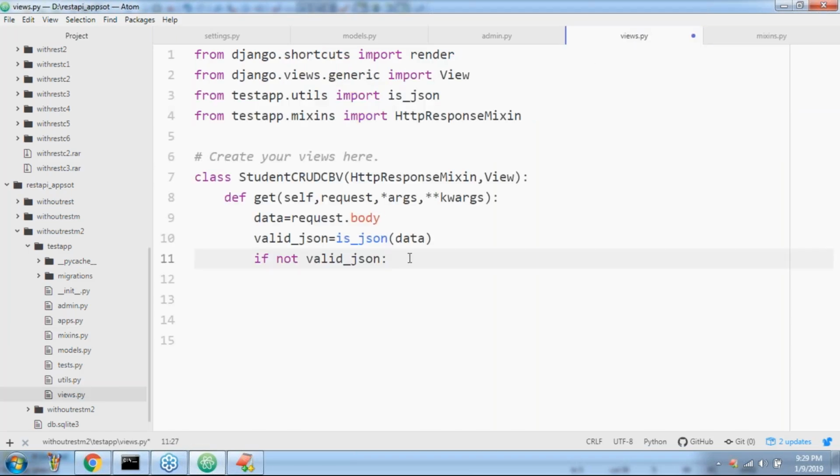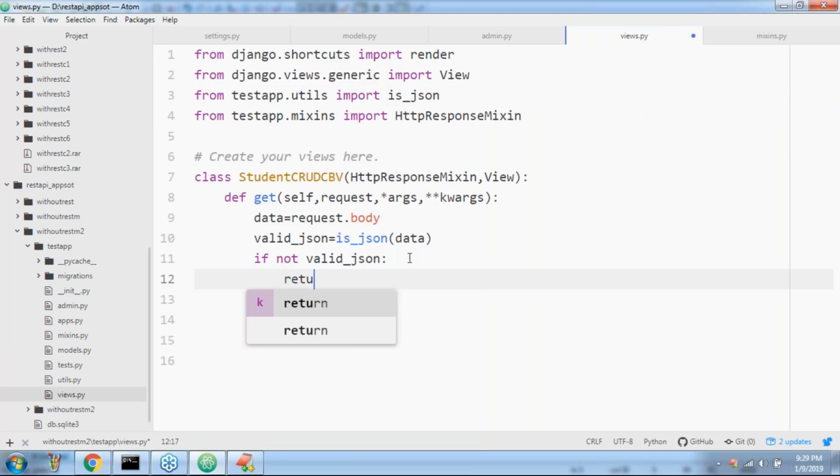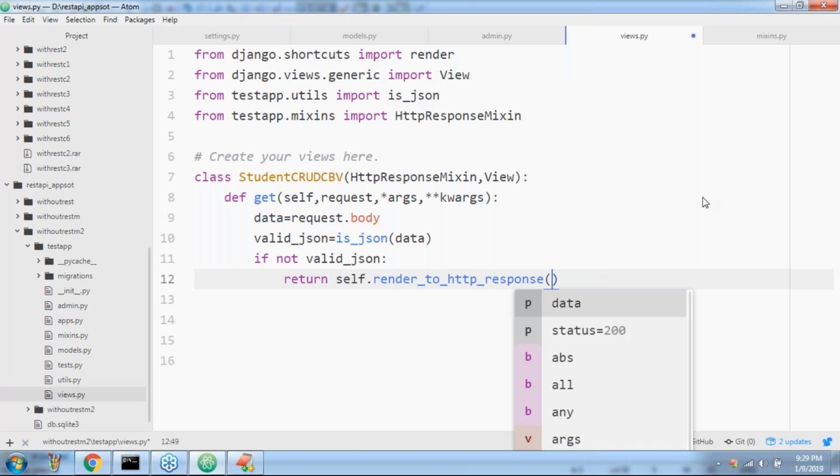If it is not valid JSON, return self.render_to_http_response, and we are required to provide JSON data. How can we provide JSON data?